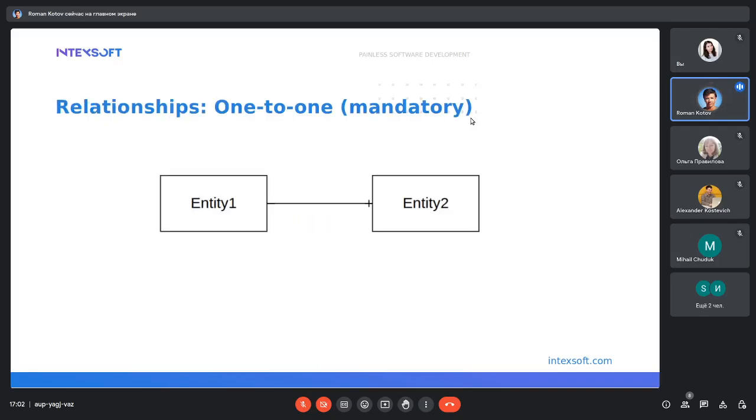And when we have more than one entity, probably we can define the relationship between these two, and we'll start with the easiest one. The easiest one is one-to-one mandatory relationship. That means for each item of entity one, there is only one item of entity two, and it's required. For example,